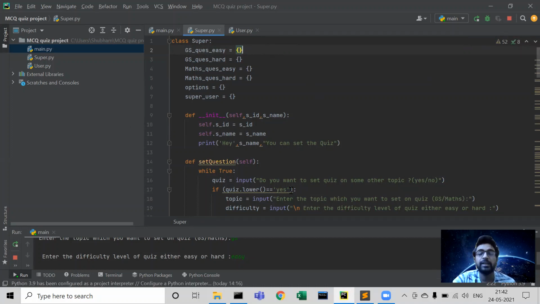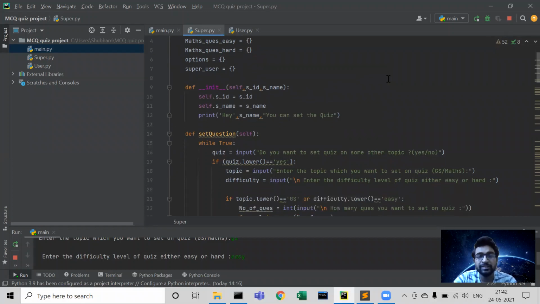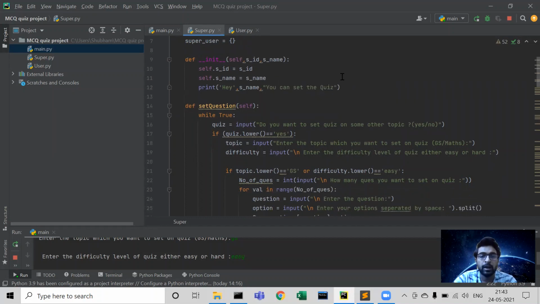We cannot edit a key, and we cannot edit the questions. That's why we are using a dictionary here. Talking about the define function, which is the init function, the init function is called with self, super ID and super name, and we will store them like this.